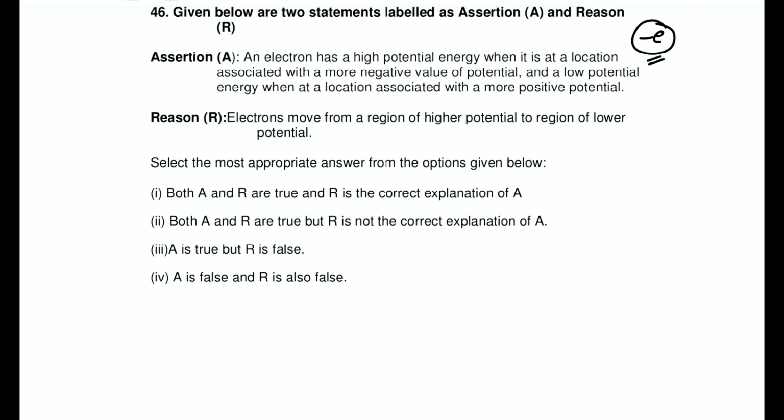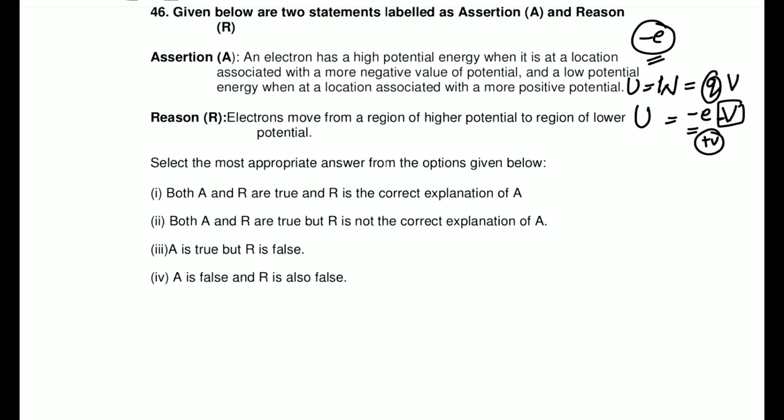So if you want to find out the potential energy, potential energy is basically the work done, right? Work done that is stored, the work done against your conservative force. So you can write work done is equal to your potential energy, and that is equal to q times the potential, right? So if your charge is negative already, and you place it at a positive potential, then the potential energy will be negative. Can you guys understand that? On the other hand, if the potential is negative, then your potential energy will be positive, right?